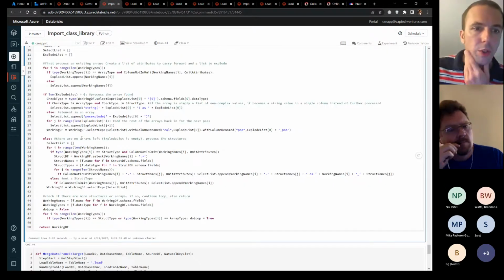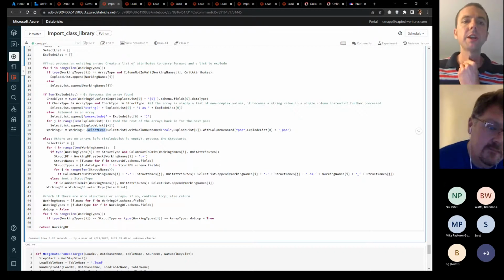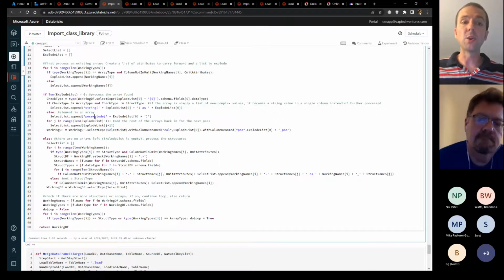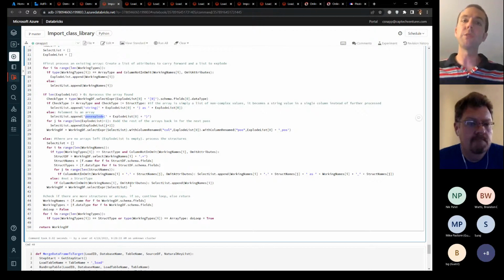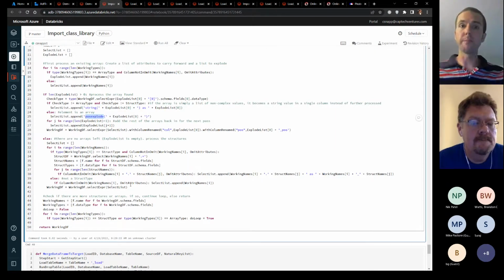So if we look here, the working data frame select expression capability allows you to write very SQL flavored things against this. So I actually have a select list that I'm managing. The POS explode method is the ability to do that explode I showed before, but with a position. So that allows me to have a unique entity for all those rows that I'm blasting out. You can do MD5 hashing.